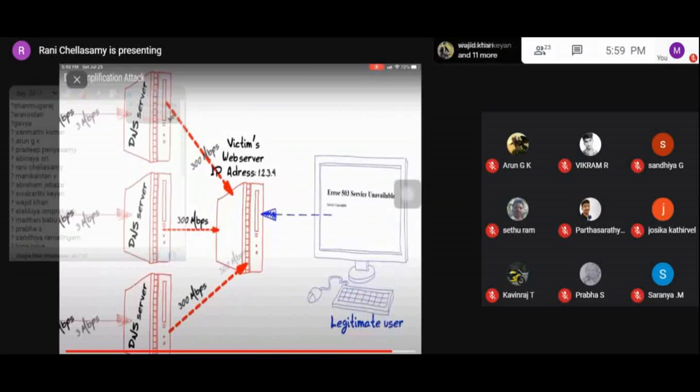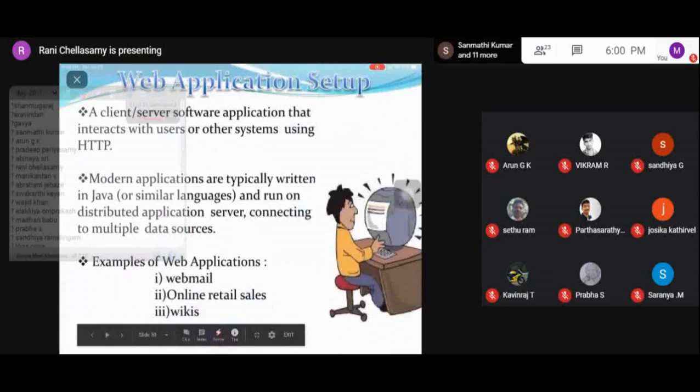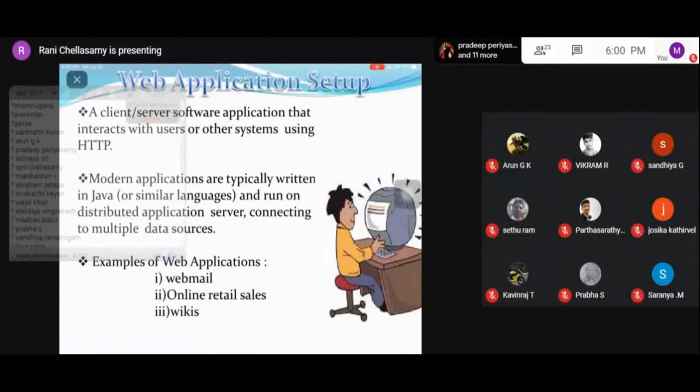So if a legitimate user makes a request to the victim's web server, it cannot reply because it is getting so many requests from the attackers. So the legitimate user finds the service unavailable. Okay. So this is called a DNS amplification attack. These are the two attacks which you have seen.